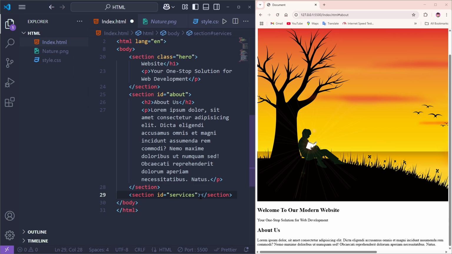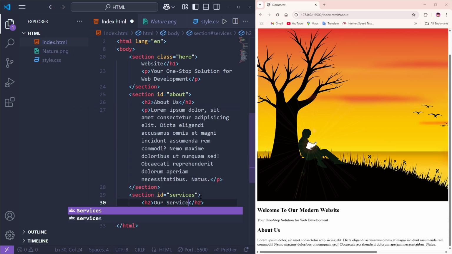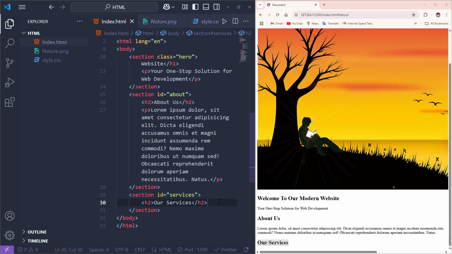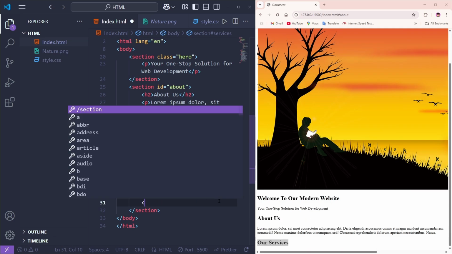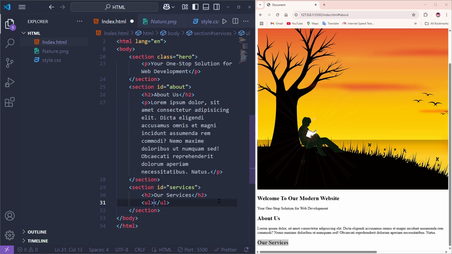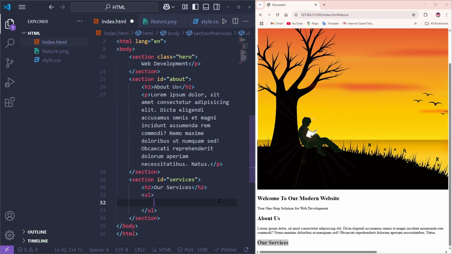And after that we can simply add into the section an h2 tag. Into the h2 tag we can simply type our services, and that's it. We can save it right now. And if we add a ul tag, unordered list tag, into the unordered list tag we can simply add a list item tag. Into the list item tag we can simply add web design,